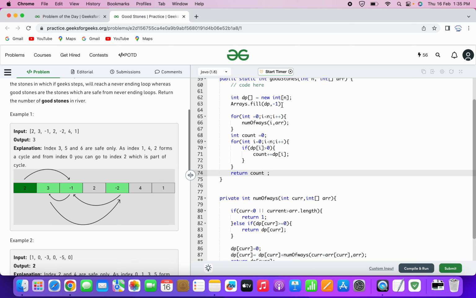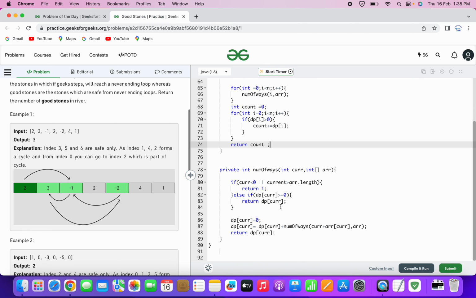Okay, which will be used to store the number of ways each stone can be reached without getting stuck in a loop. It then iterates through the stones in the river, and from there we are calling the number of ways method for each stone. After each stone has been visited and their number of ways have been calculated, this method iterates over the dp array, and it will count the number of stones with positive values. So the number of positive values will be the number of good stones,